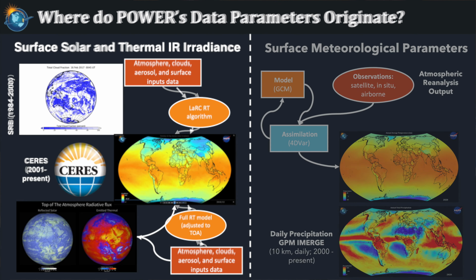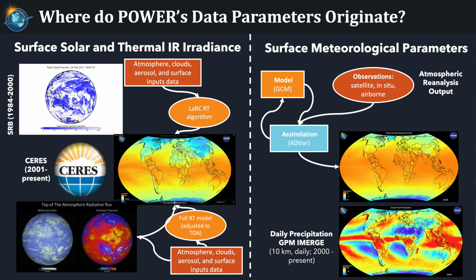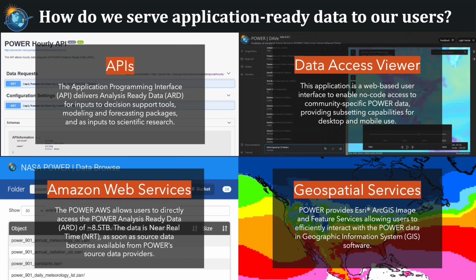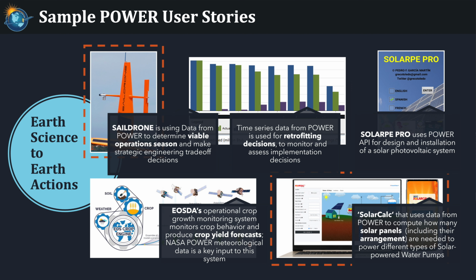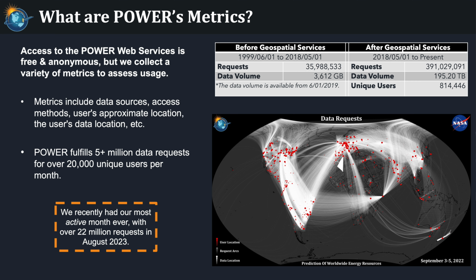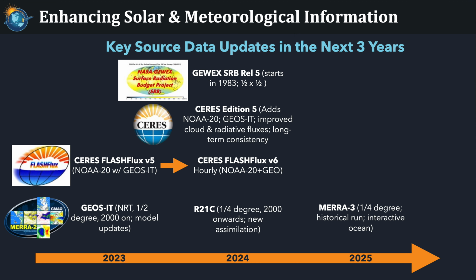So we do the solar, and we do the modeling data from the MERRA-2. We have a complete API services to do this. We even have a user interface. A number of success stories. One of the ways to use analytics is to figure out who's using the data, where, when, what parameters, what's most important to them. This is just an example of a composite of 3 days, linking to where the people sit when they order the data to where they're actually ordering the data from. We do have users. We provide global data. We have users all over the world.